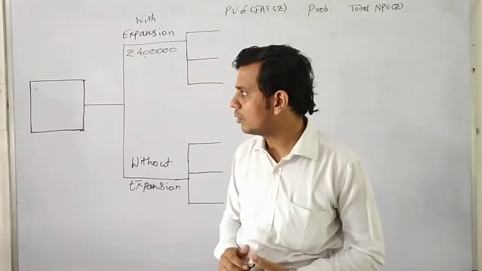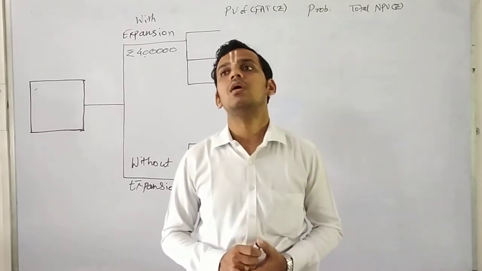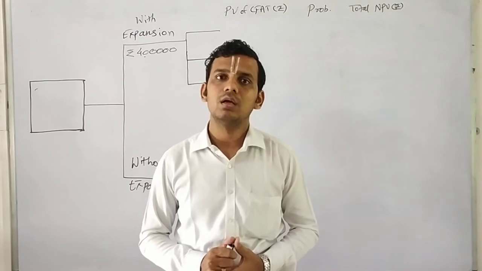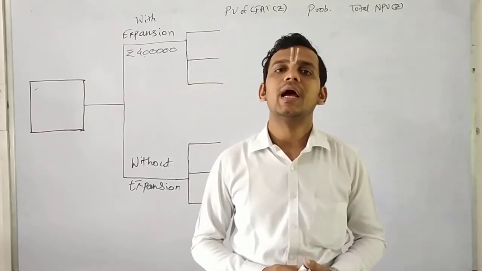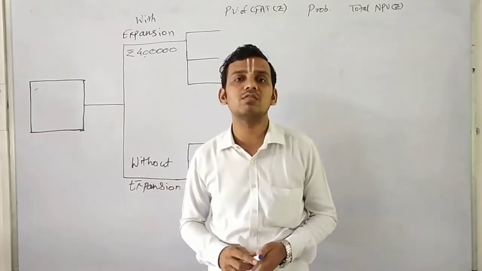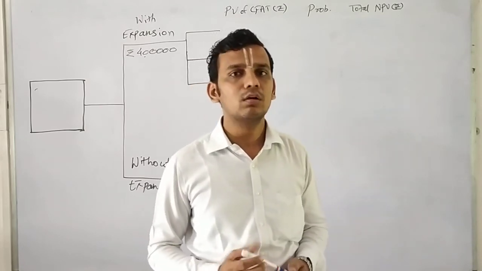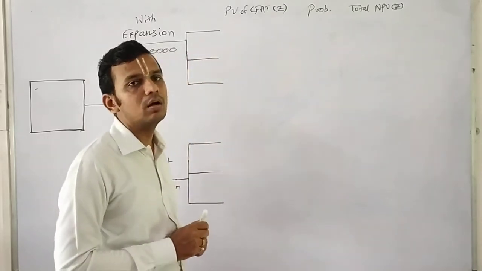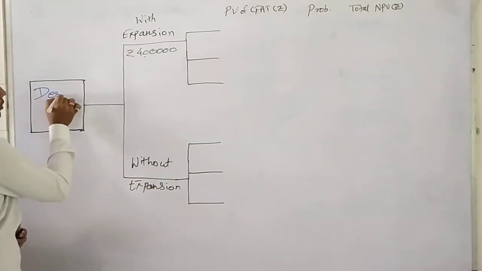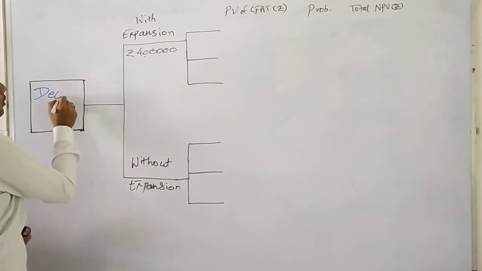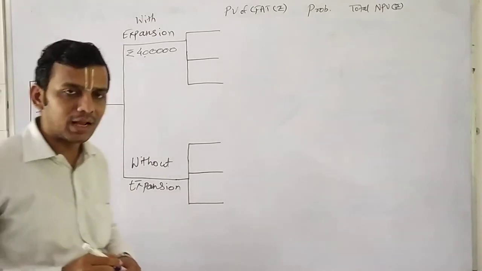In this video we will discuss a question on decision tree analysis which can be asked in the examination. The question is in the link of the video so that you can read the question, and in this particular video we will form the solution of the same question. Kindly refer to the link in the video to get the question first and then start seeing the solution part. I have already prepared the pictorial representation so that we can directly jump to the solution.